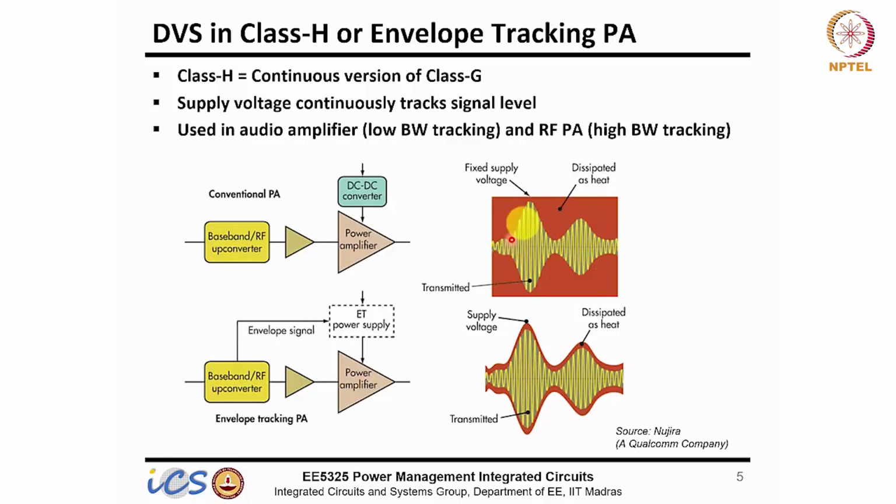See, if I track my supply with the signal like this, and whatever dropout voltage you have defined, say 100 millivolt, always keep your supply only 100 millivolt higher than your input, which means your supply should be tracking the envelope of your signal. If you can do that, then your losses will be reduced. And you can see a huge advantage actually. Instead of, let's say, 50 or 60% there, you can achieve 80% efficiency in the other case.